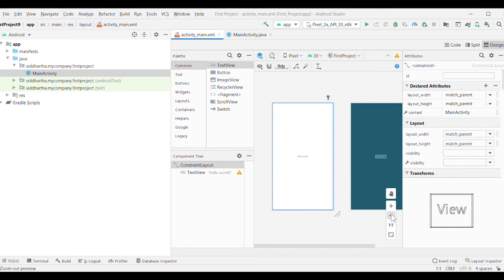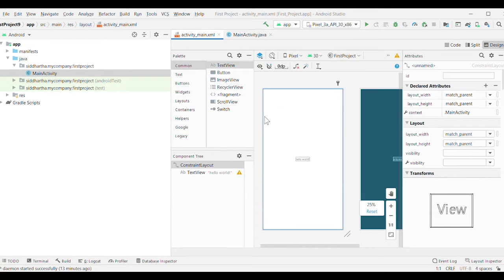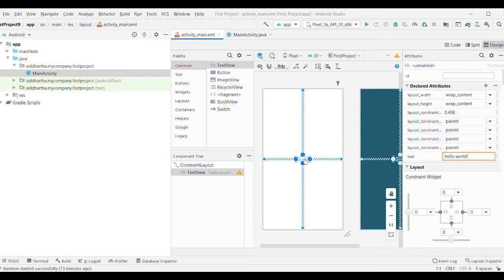So now we shall start from text view. Text view is nothing but this hello world which is written over here. Now I shall talk about its attributes. These lines which you can see here are constraint lines which will limit it from the margins of the app.